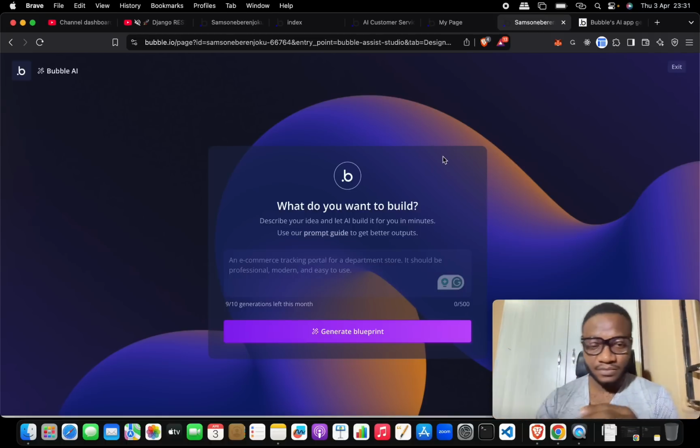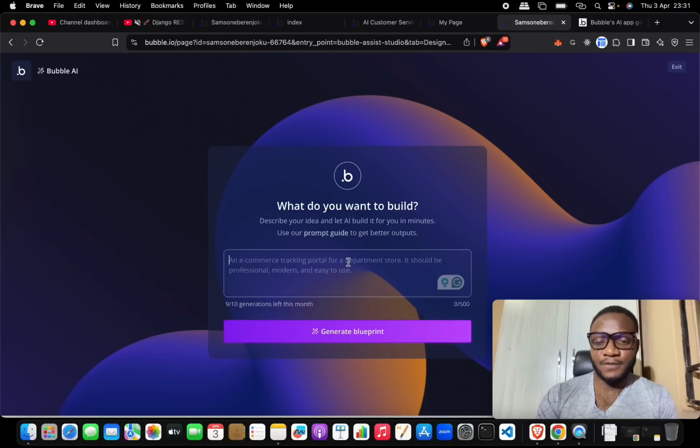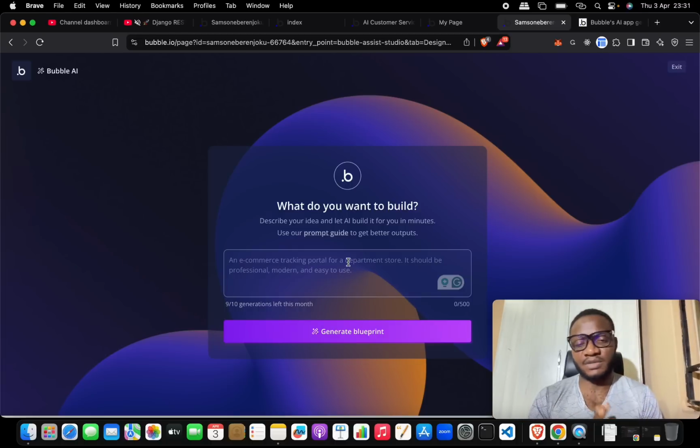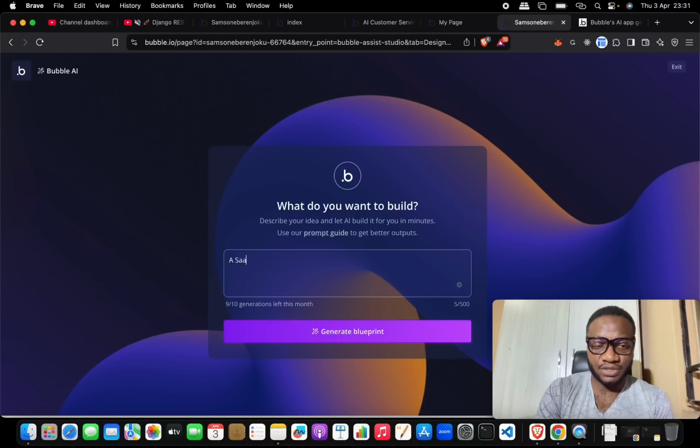All right. So what I would do, I will probably build a SaaS application whereby real estate companies can build out a system that manages their company for them, something like that. So I would ask it to build a SaaS application, something like that. SaaS or B2B application, I don't know which of them. So we could do a B2B application, something like that,